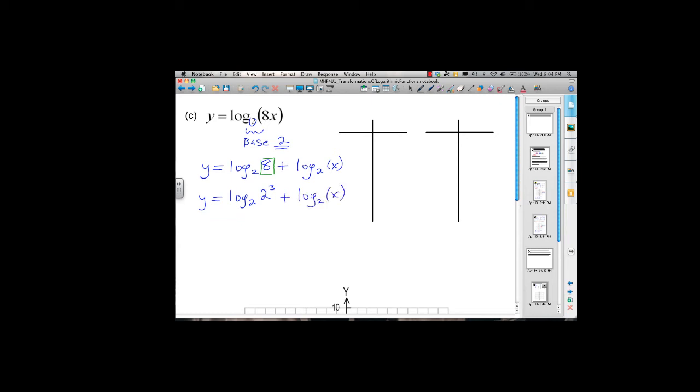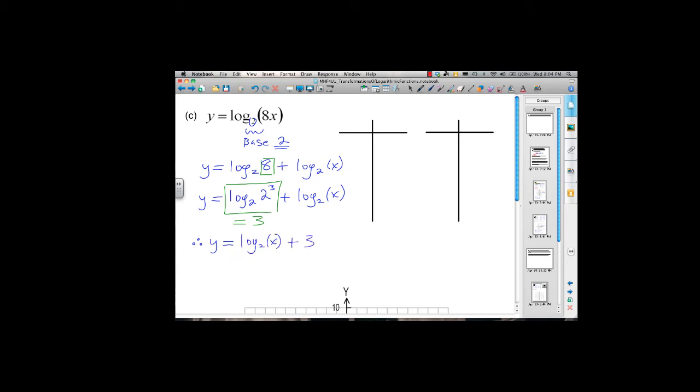But the nice thing is I can look at the expression log base 2 of 2 to the power of 3, and recognize from another law we've seen that that should simplify to 3. So in the end, my equation for y is in fact log base 2 of x